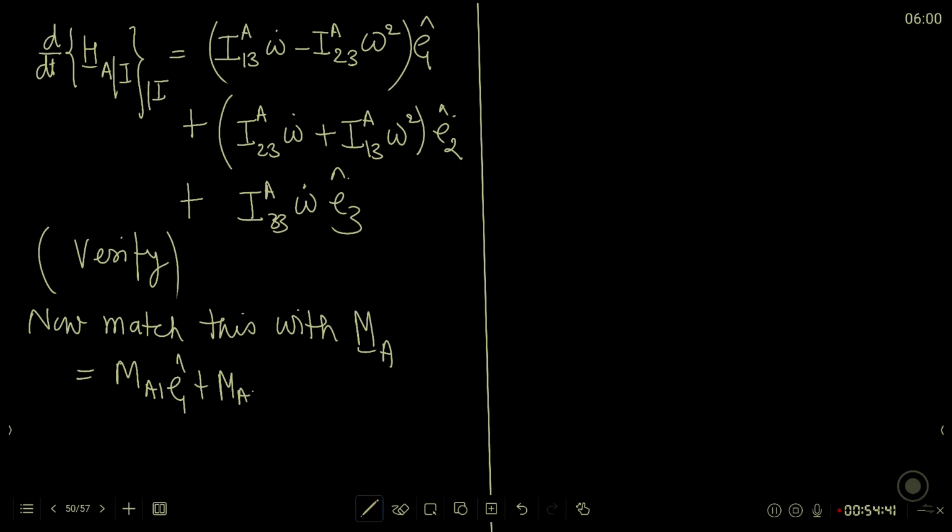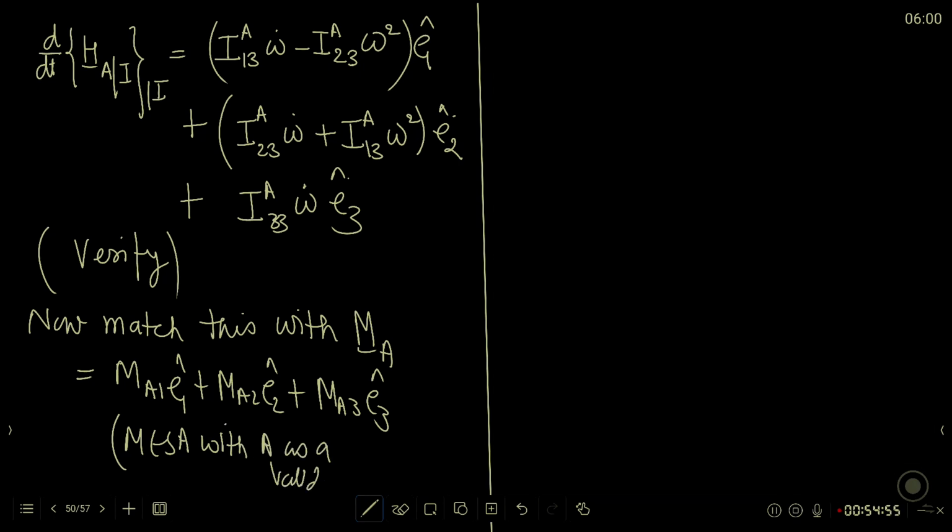This gives me three scalar equations. MA1 will be equal to this. MA2 will be